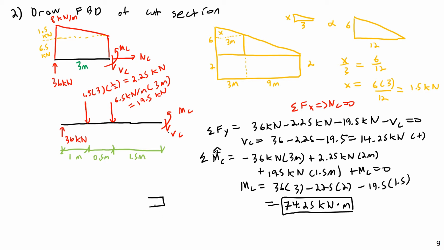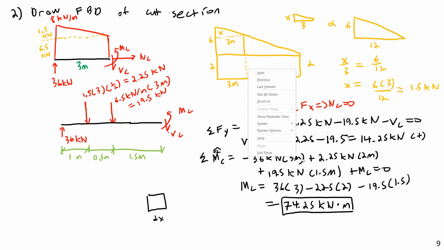Ignoring, I'm just cutting out a small differential element. In fact, maybe I could actually label this differential element. If I were to take a differential element right at that cut, like a small dx here, again, if I take a small dx, this is point C here, if I take a small slice of small dx small enough at point C that we can neglect the difference between the left and the right,